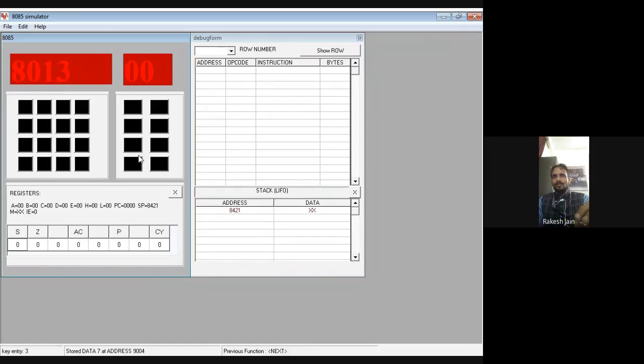8013 will be the memory location. Now what is the first step? We have to load 80, so I write down 8080. Then next I have to load 11, then 00. First of all, the LXI H code. LXI H code is, we have to check, 21. First we have to upload 21.